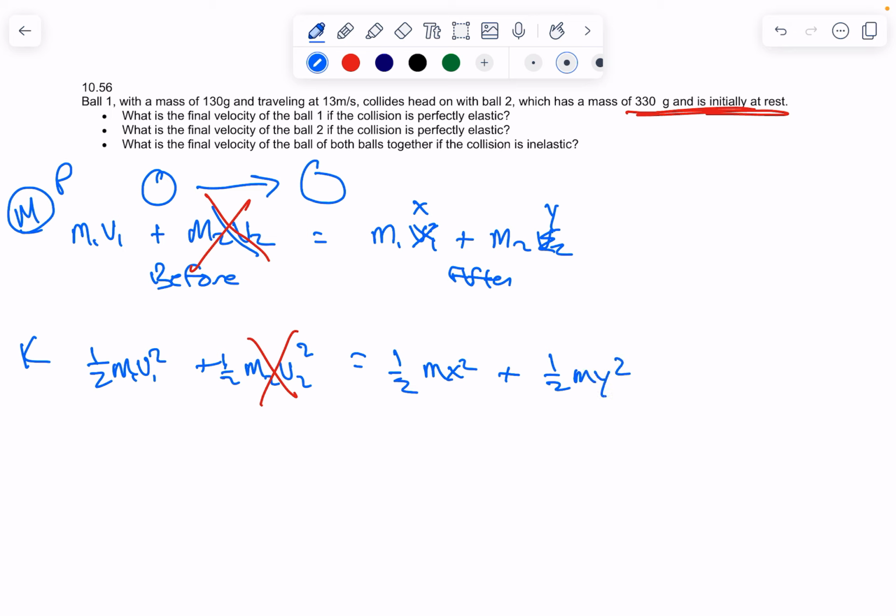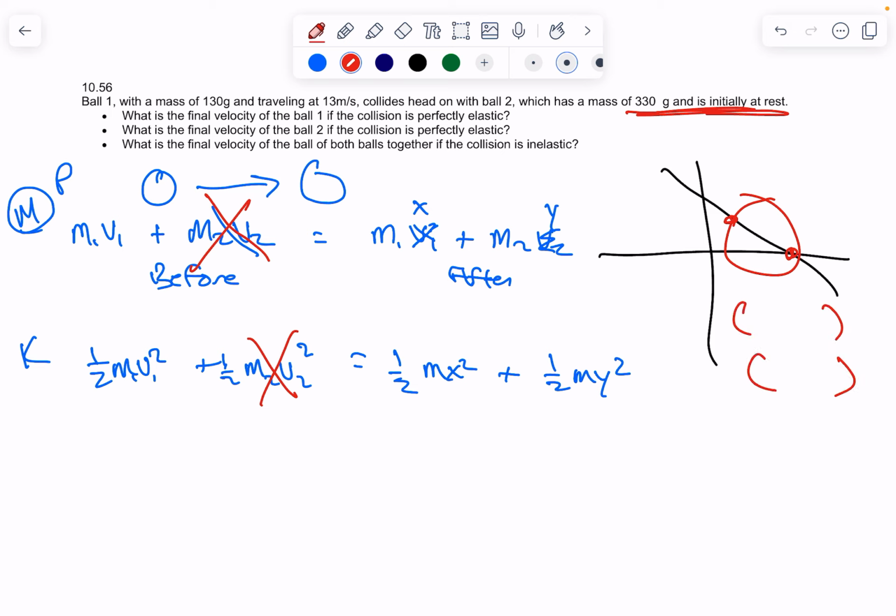I'm going to then plug this into Desmos, right? And I'll have a line, and then I'll have a circle, and then you're going to have 2 points, this point and this point or whatever, and where they intersect, only one set of those points is going to make physics sense. So you have to choose which point, and that will give you the answer to A and B,